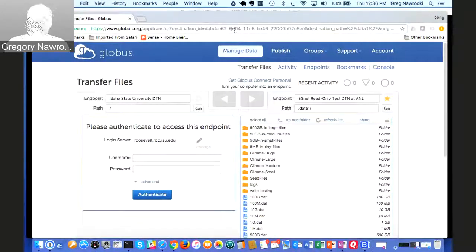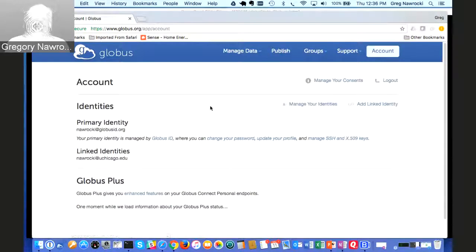One other thing I wanted to point out that I neglected to earlier is in accounts. As I mentioned, I've got a lot of different hats I wear. I've got my University of Chicago ID. I've got my Globus ID. You can even add your own personal IDs in here. And you can see I don't do that because I need separate accounts to do these demos. But the neat thing about Globus is in our account system, you can link those together. So no matter which identity I log into, I've got the credentials of both those identities. So even if I had logged in as my Globus ID, I'd be able to go to the University of Chicago endpoints on Midway and bring that up.